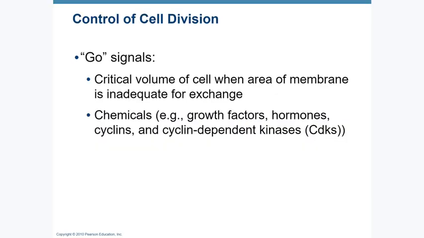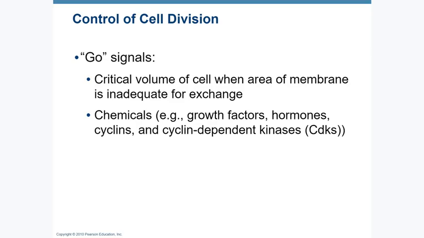So what controls our cell division stage? We have two different types of signals. We have go signals, which tell cells to divide, and we have stop signals. Go signals are super important. If you have an injury, it'll tell your cells that they need to go and produce more cells in that area to fix that wound. Or if you're not absorbing enough nutrients, let's go add some cells there to increase that membrane exchange in a hypertrophy